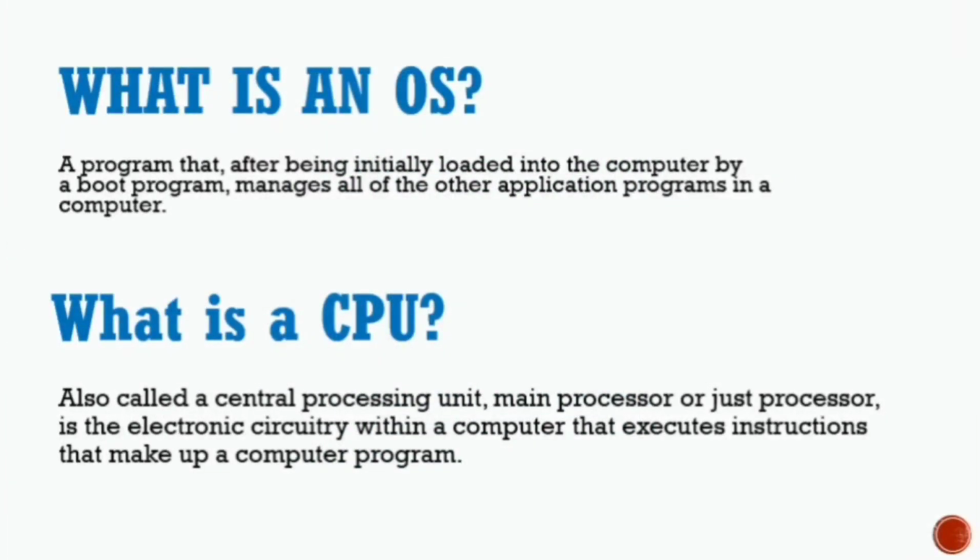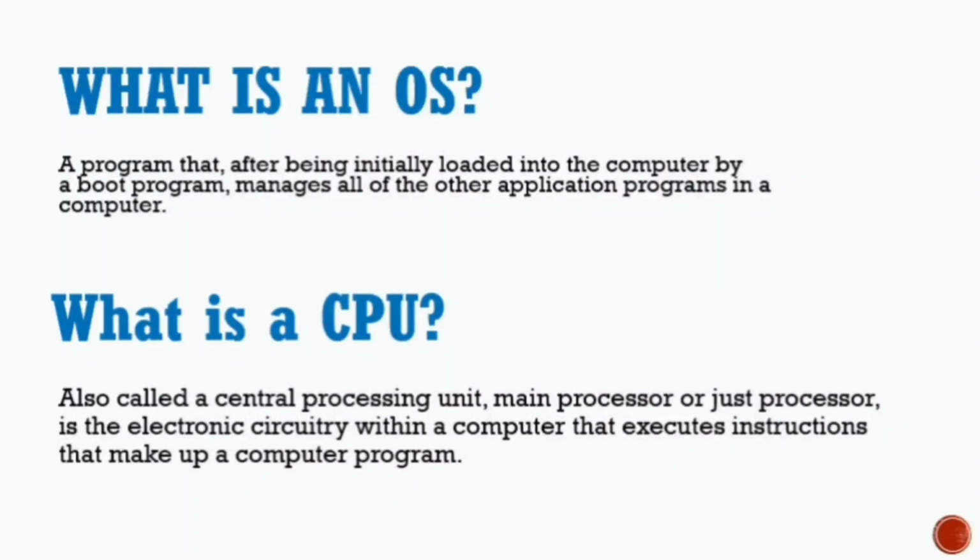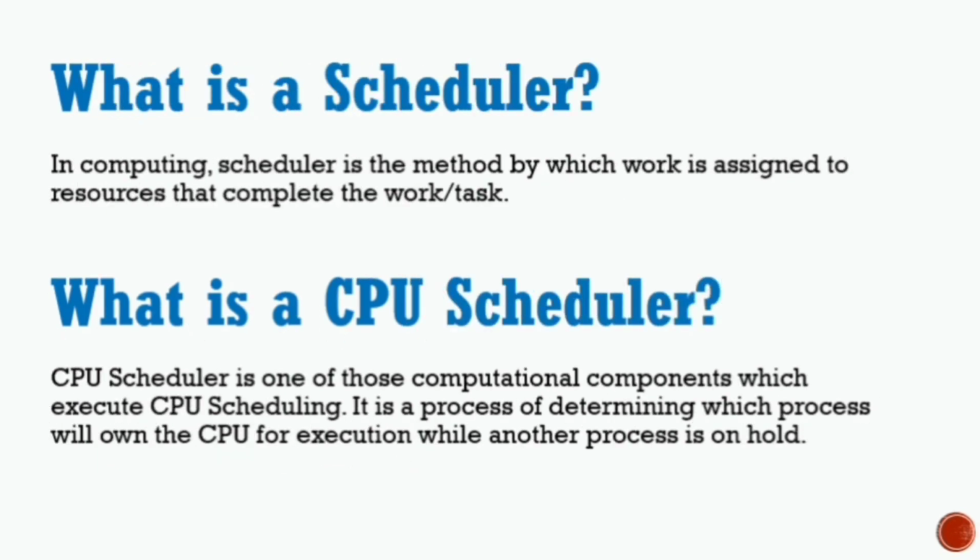Another important point to be noted is that the CPU is actually the primary component of the computer, and it will run the OS, it will run the applications. It is the one which constantly receives input from the user. It will execute the instructions, process the data and create an output. And this CPU will basically store the output in an application or in the memory, or it will display it on the screen. So now what is a scheduler?